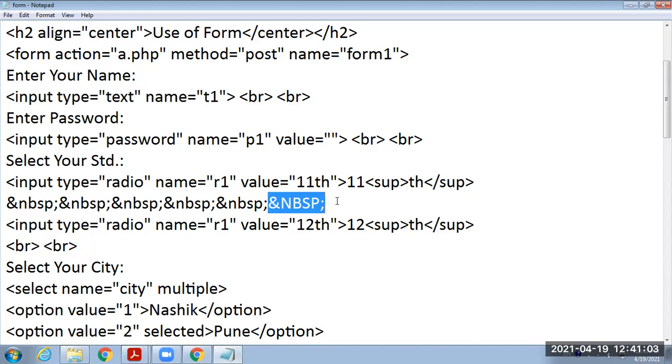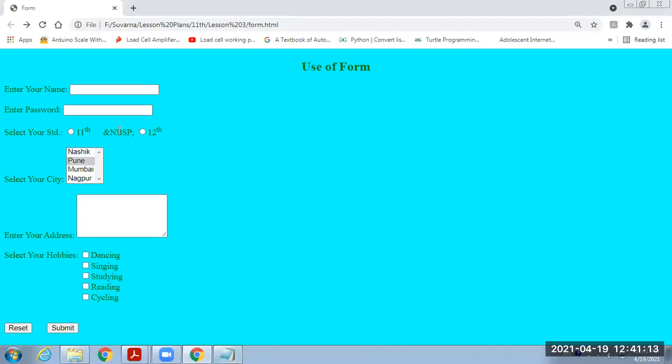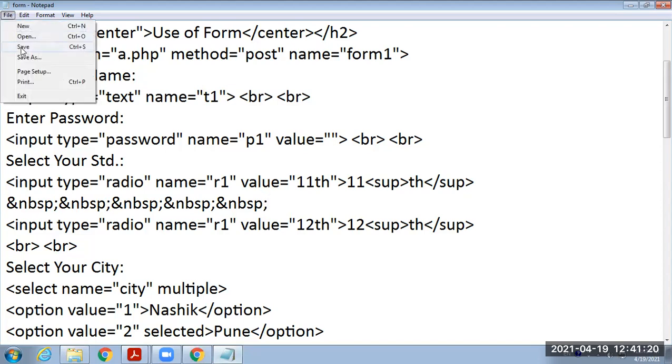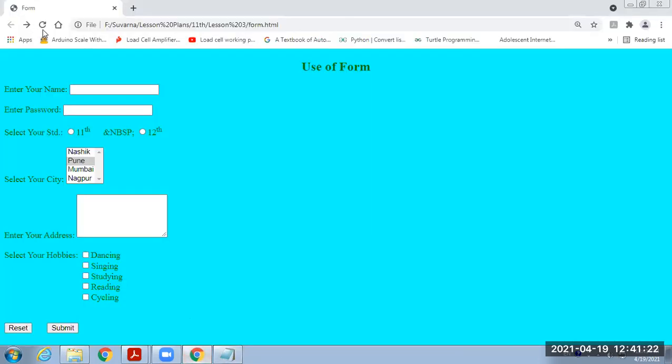Therefore, you should not use capitals for specifying the blank space. I have provided 5 blank spaces, and after that I displayed the 12th standard. We have to save this file.